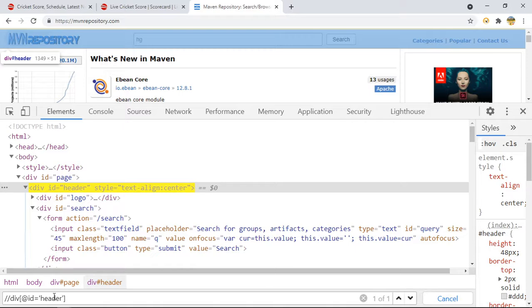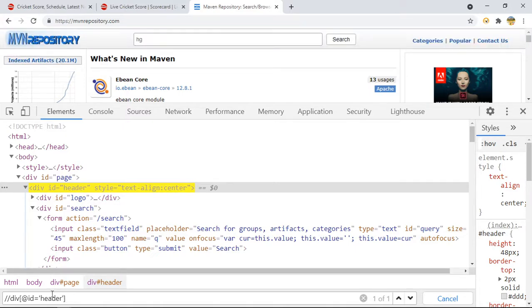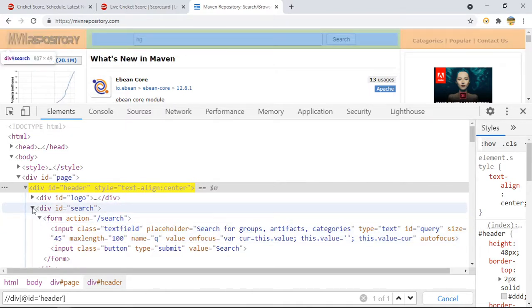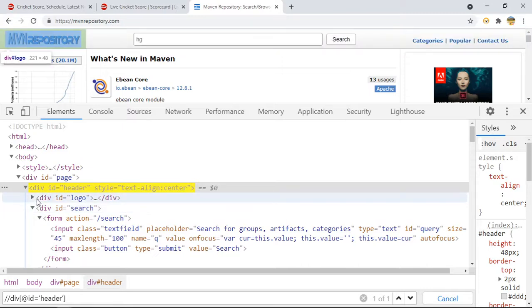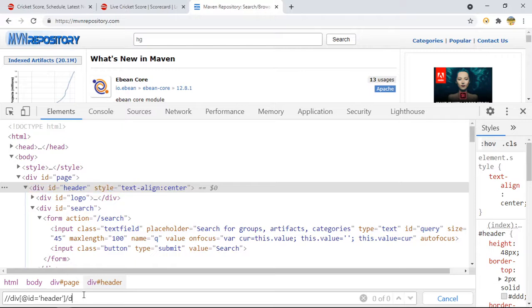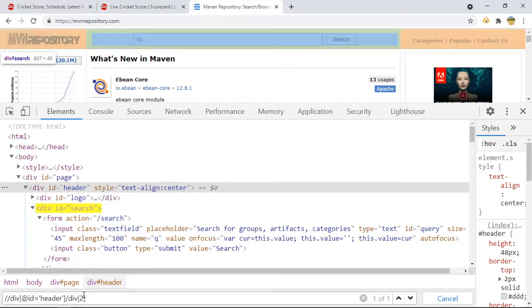You can see 1 out of 1. After that, where do I have to go? I have to go till here because this is my text box. First I want to reach the second div tag. This is our second div tag, and this is our first div tag. So I want to go to the second one, so I will say slash div of 2. Now we are on the second one.